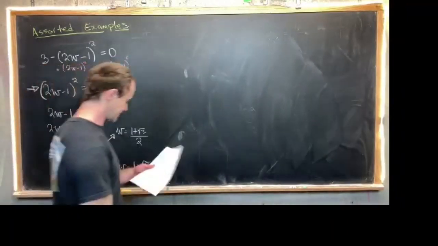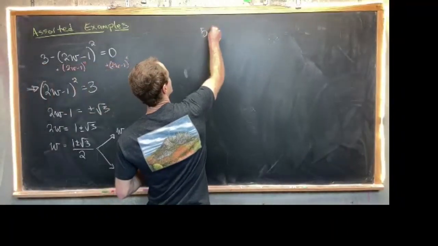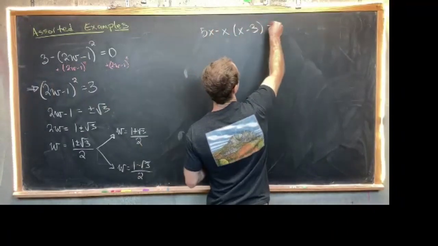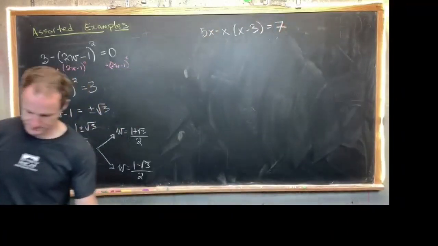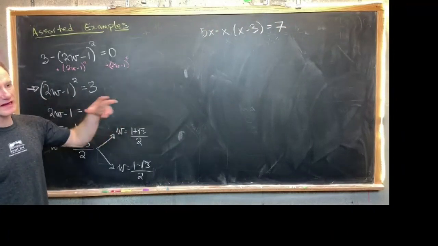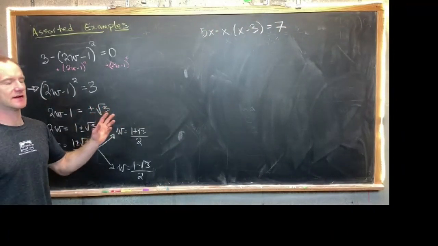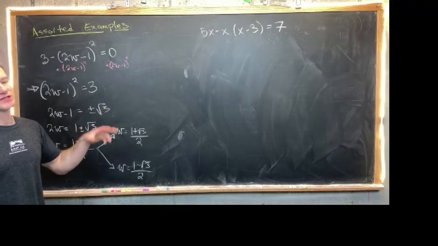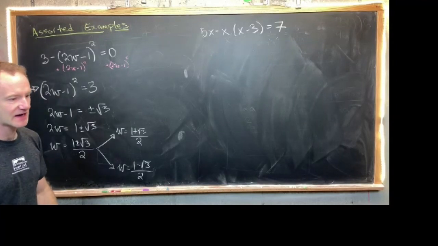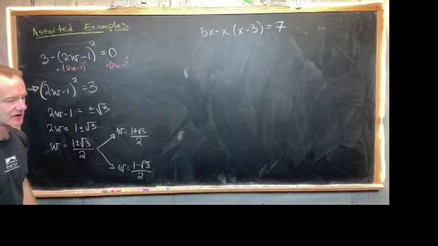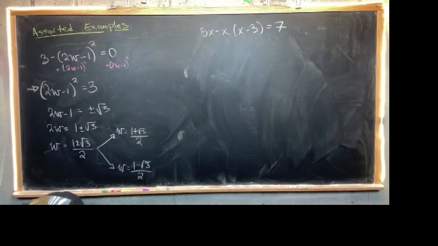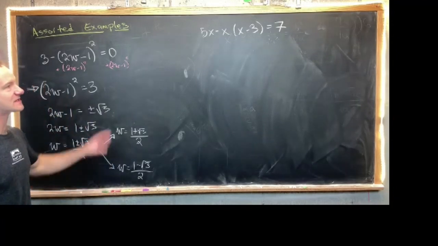All right, so let's say we have 5x minus x times (x minus 3) equals 7. Okay. So let's step back a little bit. What we need to first determine is, do we need to expand this all the way out and solve it by factoring or using the quadratic formula, or is there a trick? And in this case, we have to expand it all the way out. And that's because